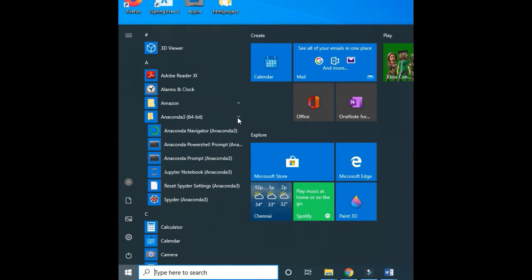Here you can see Anaconda Navigator, Anaconda PowerShell Prompt, Anaconda Prompt, Jupyter Notebook and Spyder, which is the Anaconda IDE for Python scripts. Here we can see that Jupyter Notebook is already installed.